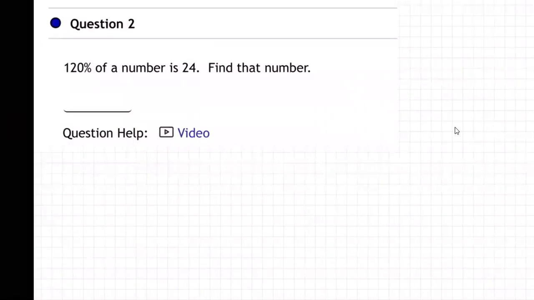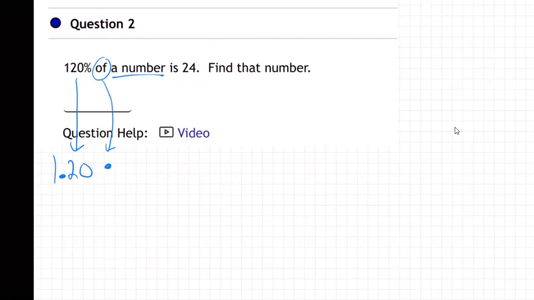So 120% becomes 1.20, right? Just change that to a decimal. You know that means move the decimal back 2 places. Of is times